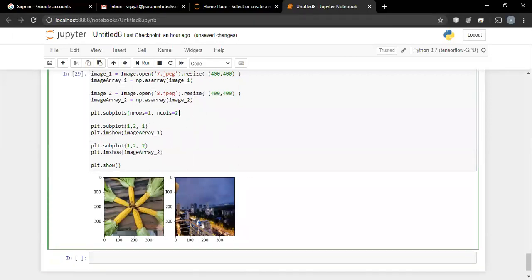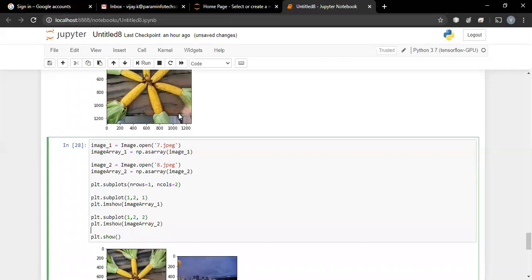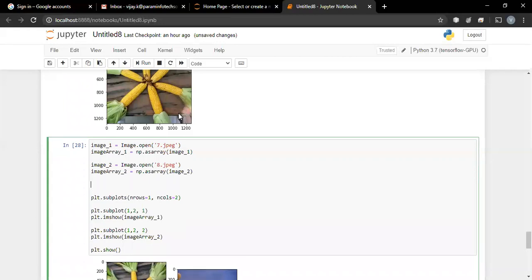Now let us go for 3 columns, because we want to display 3 images: image 1, image 2, and addition of 2 images. So the simplest thing that we can do is image array underscore 3 is equal to image array underscore 1 plus image array underscore 2.